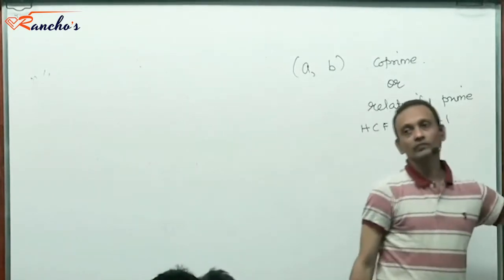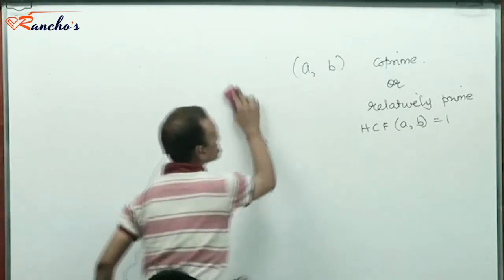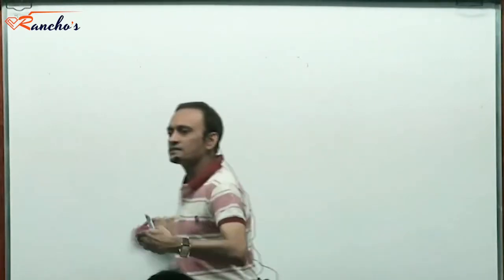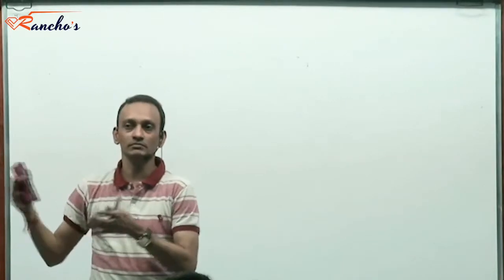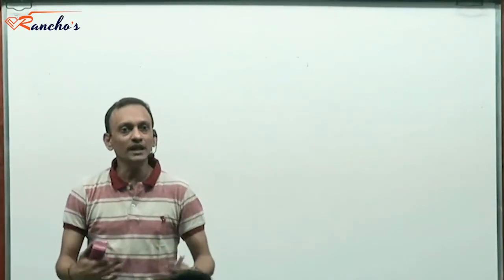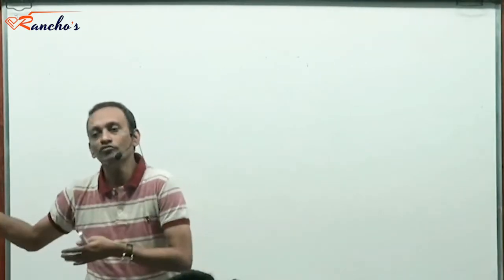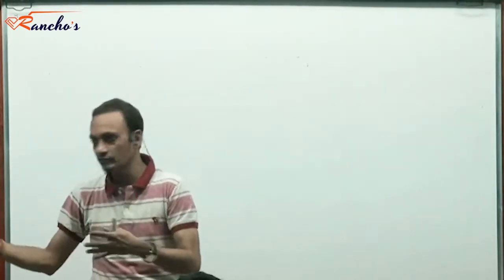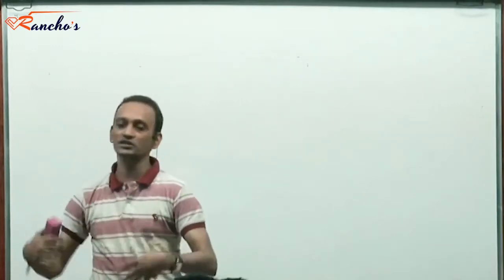Now, the other thing I expect you to know is to be able to express any number as a product of powers of primes. Given any number, see for example 20, you can express it as 2 squared into 5. Product of powers of primes 2 and 5. So, I hope all of you know how to express any number as a product of powers of primes.